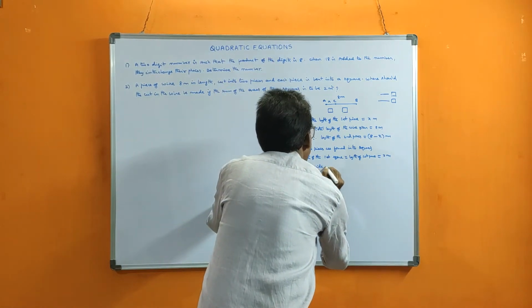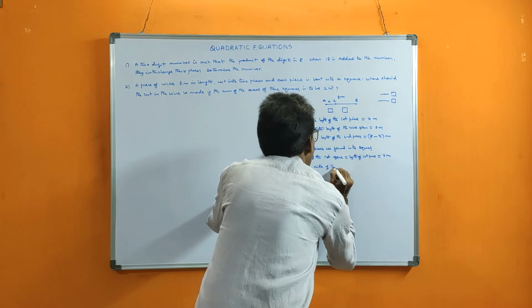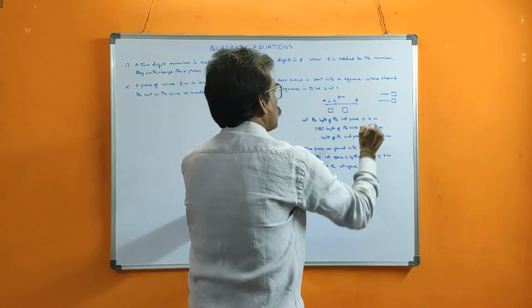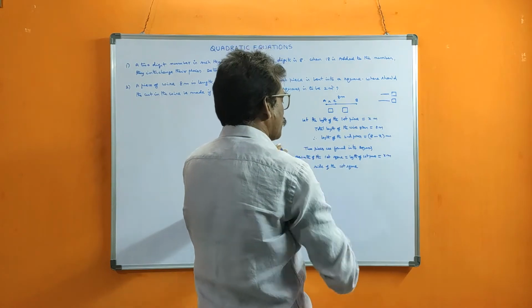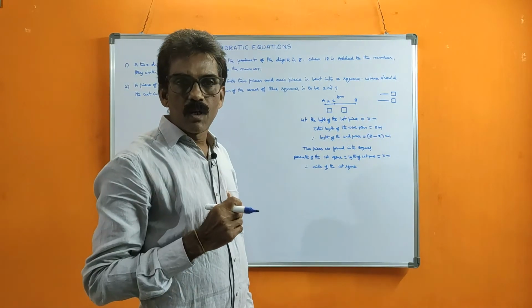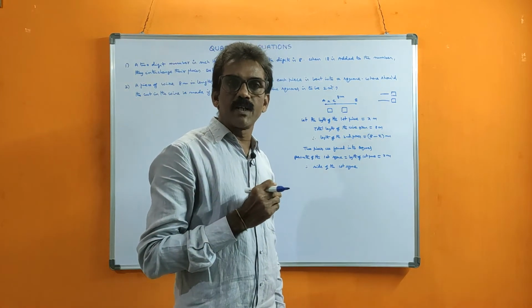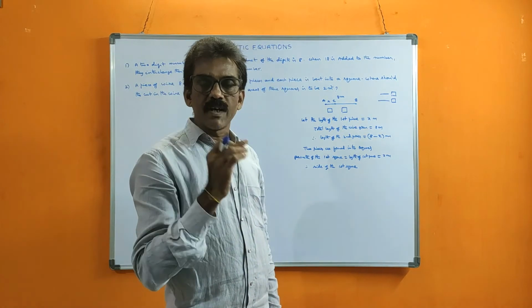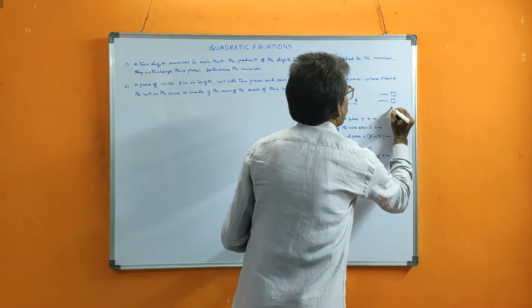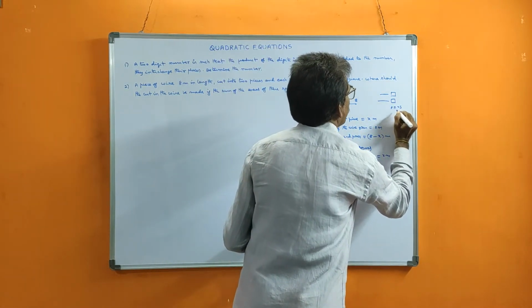Therefore side of the first square, so two squares, so side of the first square what, perimeter is there, side you want, what, by 4. Perimeter we know, perimeter of square is 4s, perimeter is given, side you want, s is equal to, so perimeter is equal to what, 4 into s.